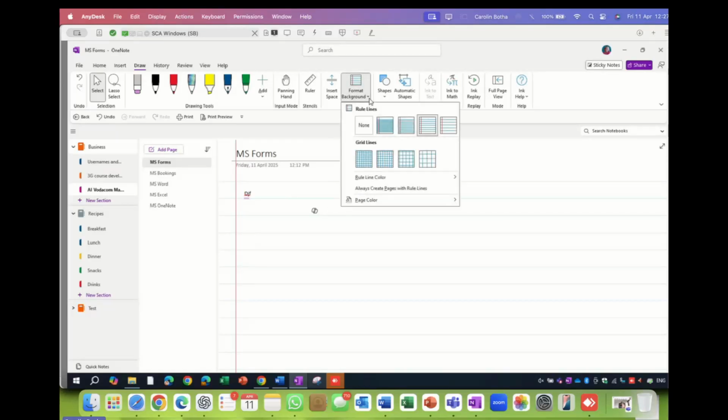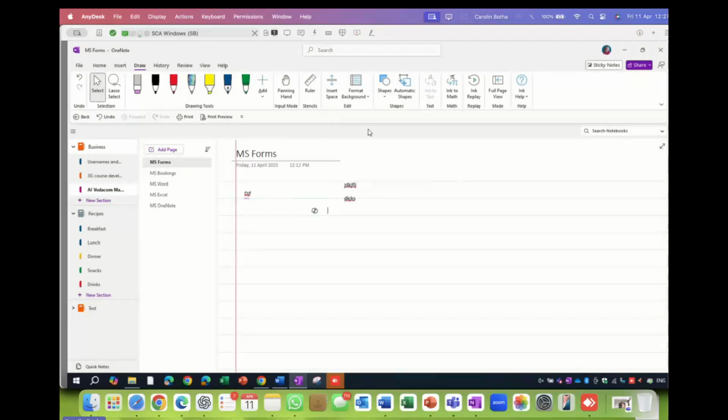So you can even change how your format looks if you don't want a white format, which is available by default. So those are the shapes. I'm not going to touch the mathematical stuff. Here are all the different ways that you can draw.